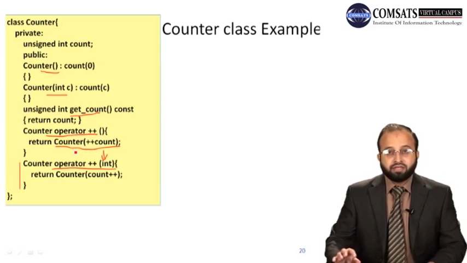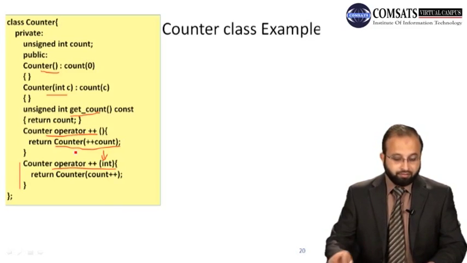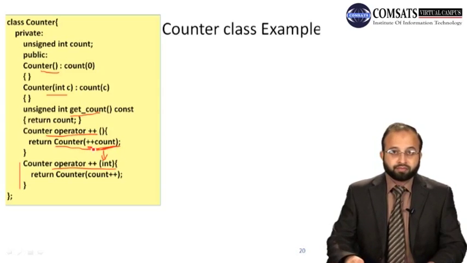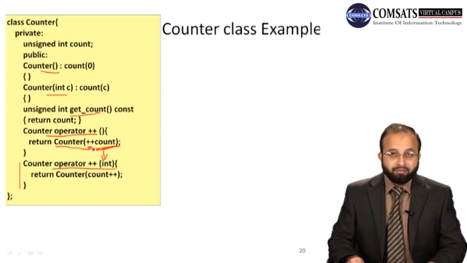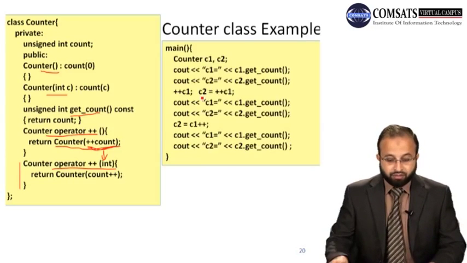If we have C1 is equal to plus plus C2, so C2 की वैल्यू को पहले इंक्रीमेंट किया जाएगा and then that value will be assigned to C1, right? So यहाँ पर पहले C2 की वैल्यू को इंक्रीमेंट किया गया है and then this value will be assigned to a newly nameless object and then that object will be returned जब रिटर्न होगा तो वो C2 को असाइन हो जाएगा, ठीक है।